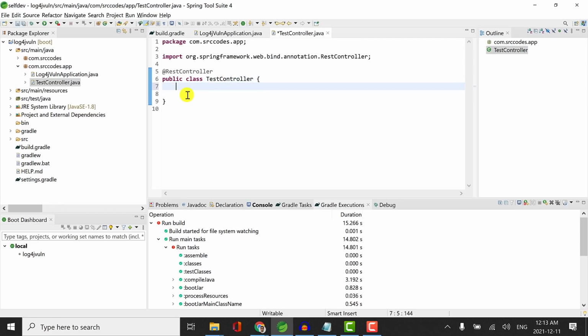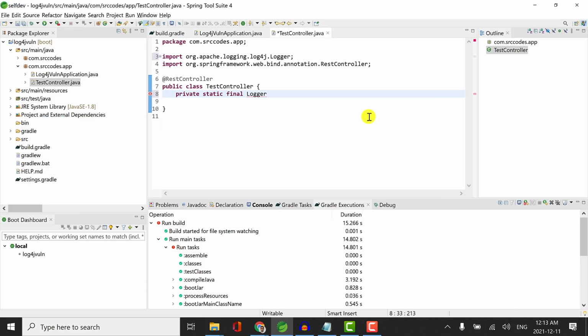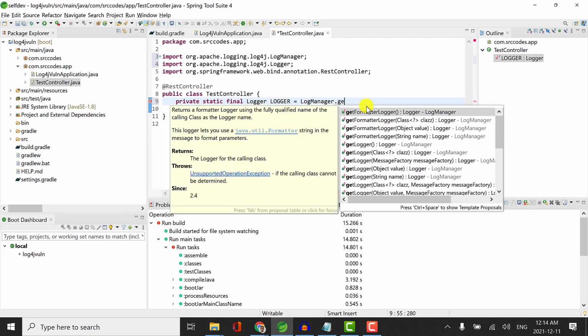So let's define the logger, private static final Logger. So we are going to use Apache Log4j 2, which is the vulnerable logger, then LogManager dot